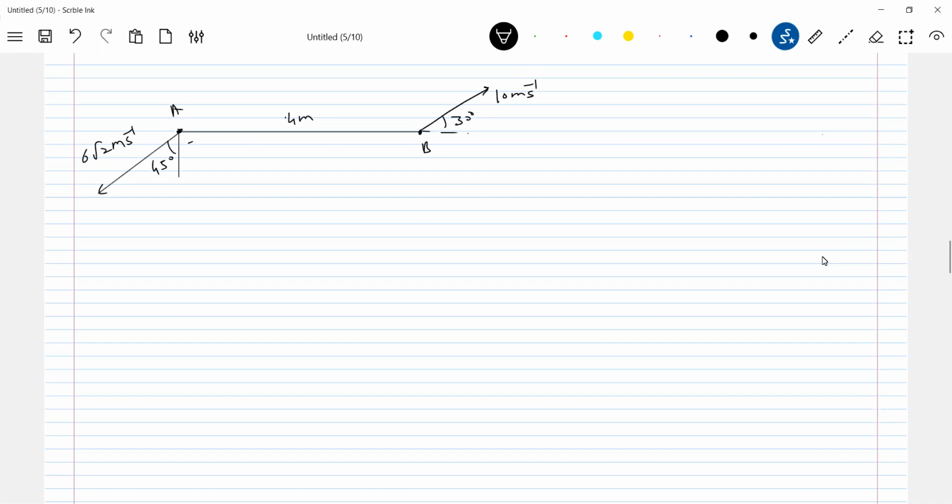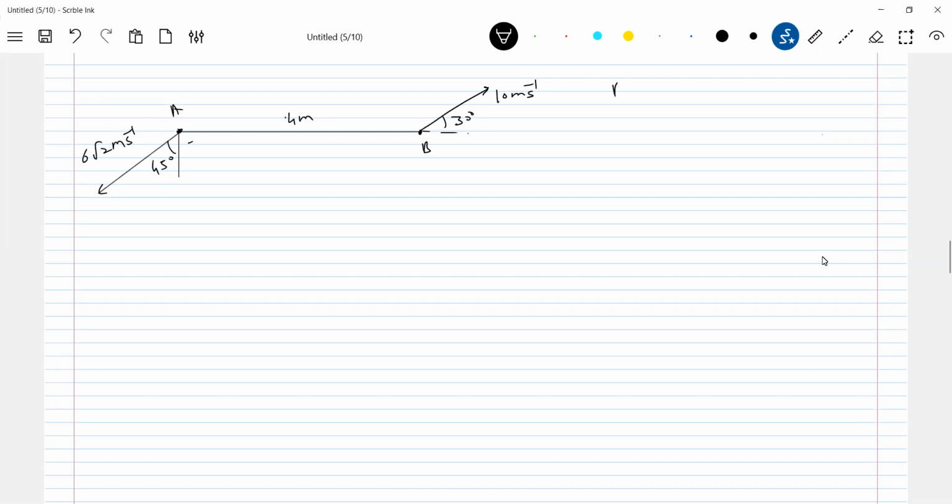At one instant, the velocities of particles A and B are like this, and the perpendicular distance between them is 4 meter. Now, are the particles moving in a circular path? This is the best question I am asking you. A and B are moving in some plane. B will move in the XY plane, and A will move in the minus X minus Y plane. So B will move in the first quadrant, A is moving in the third quadrant. Sir, they are not in circular motion, how can you ask like that? Yes, I can ask. It's not that they should be in a circular path.